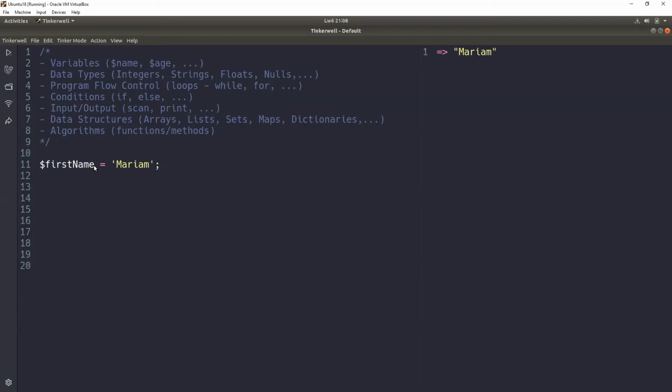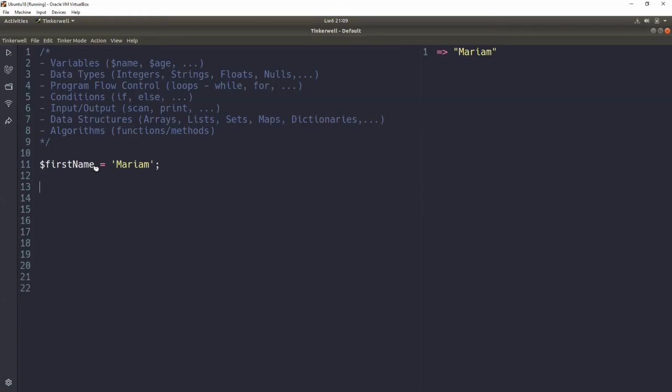To keep it in the RAM, we have to allocate or designate a space for keeping that name. We designate that space in our RAM, and then we call it first name. And then in that space called first name, we save the name Mariam.